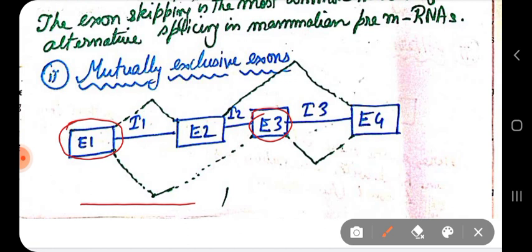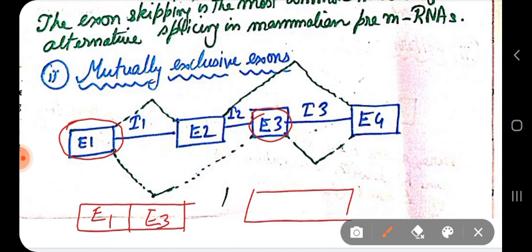That means after splicing, exon number 1 will combine with exon number 3, or exon number 1 can be retained with exon number 2,